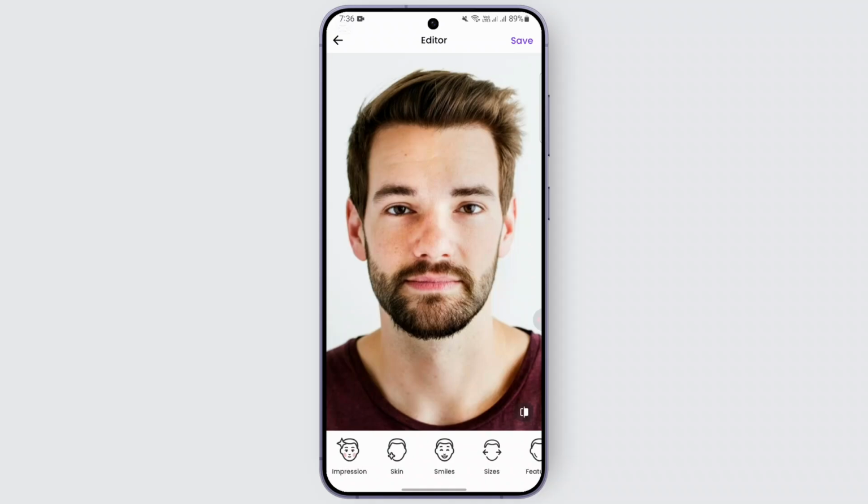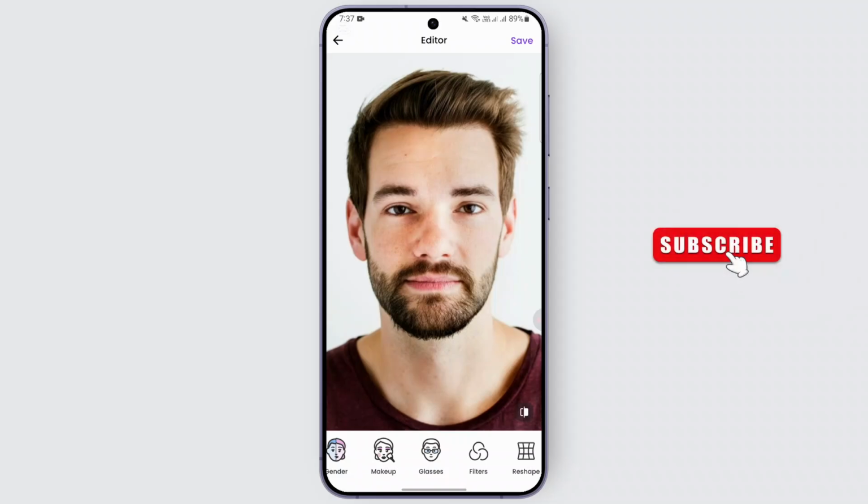So I can directly head over to the FaceApp application, go to a face, take a picture with a face, and look for the mix feature at the bottom. At the bottom, you can find different options including impressions, skins, smiles, sizes, beards, hair colors, gender, makeup, and different options available. But unfortunately, the latest update, basically in 2025, FaceApp has removed the mixing faces option in